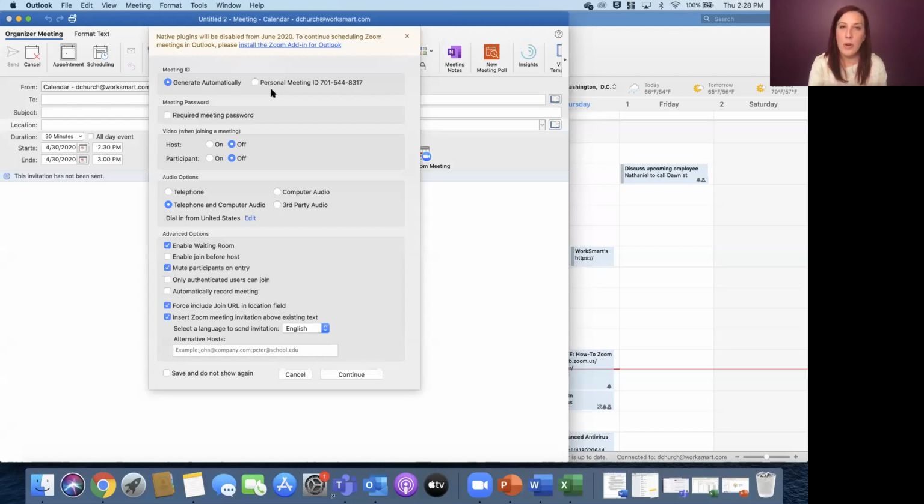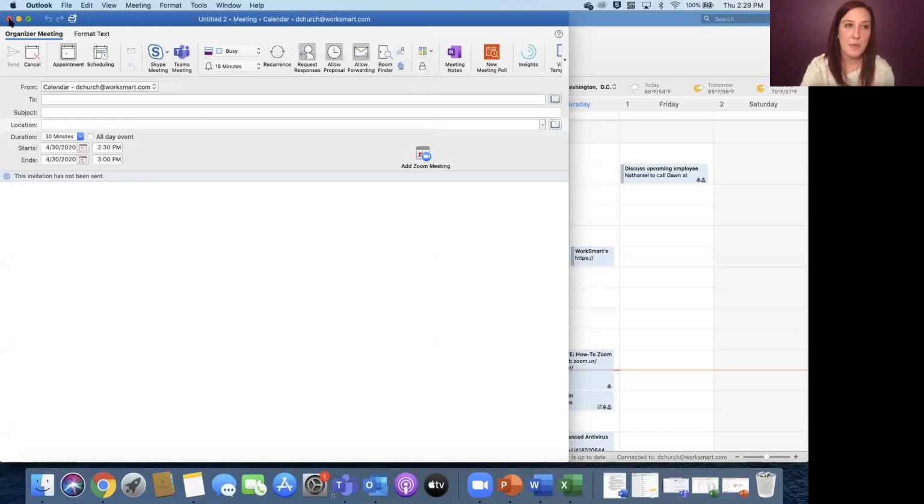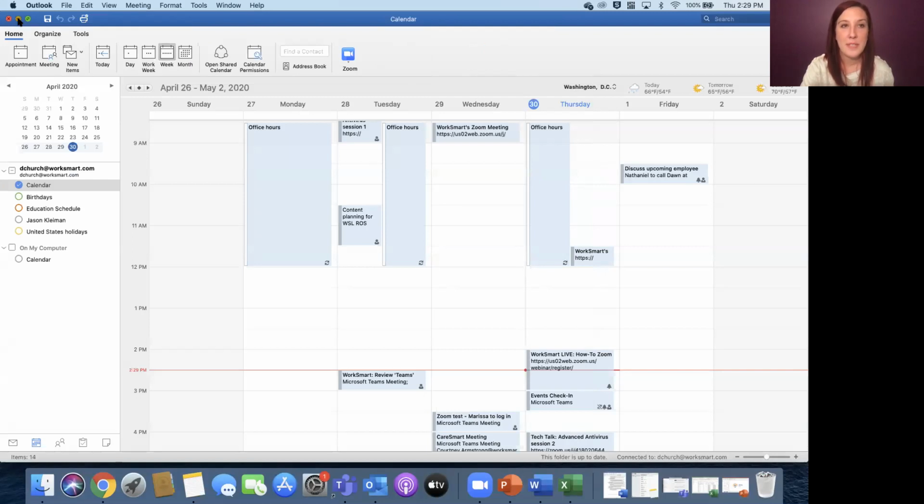If you want more control over your settings and your security, use the web portal. And if you want convenience, like here, where we can put it straight into our Outlook calendars, use the desktop portal or use your Outlook. So that's the difference between the two. I'm not actually going to follow through with sending this meeting, but I just wanted to show you that it was an option.